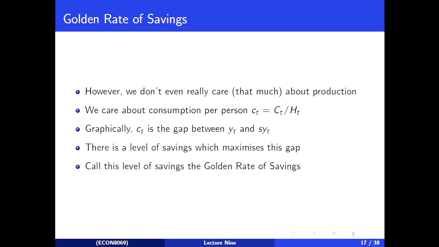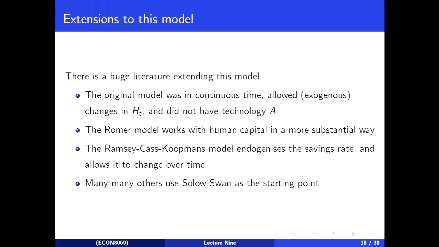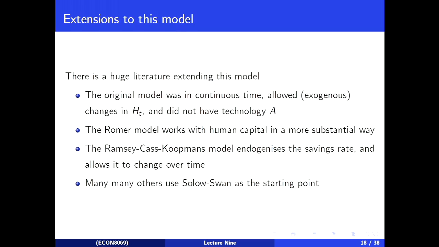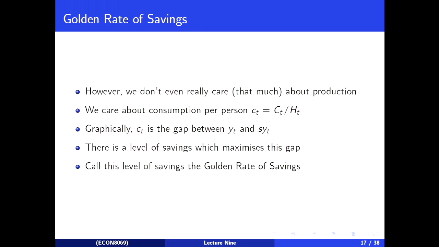This is the amount of capital that we have at the golden rate level. Oh, I don't use that, I got rid of that as notation. Oh well. This is going to be the golden rate of savings. It's going to be the level of savings which makes this consumption per person as large as possible. And there is a unique level there. Having more savings beyond that makes people worse off. Having less savings below this also makes people worse off. This is our optimal level of savings to make individuals as well off as possible.